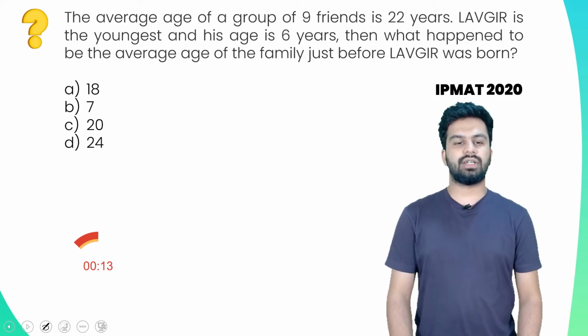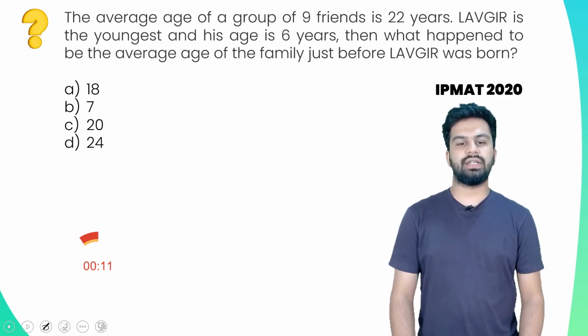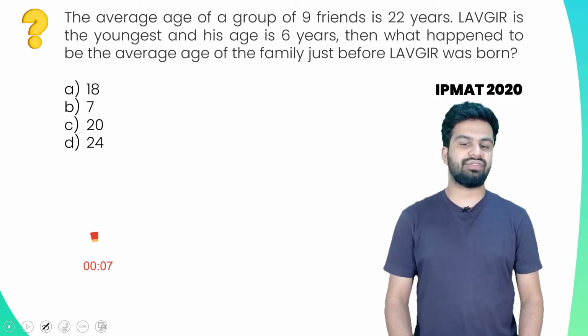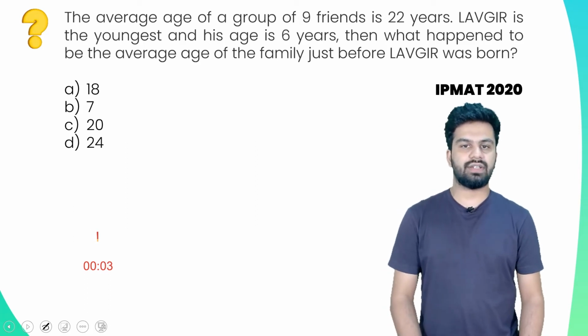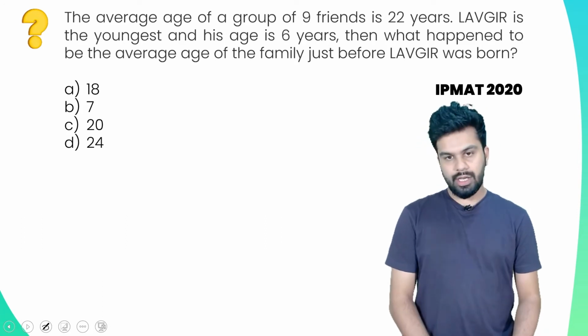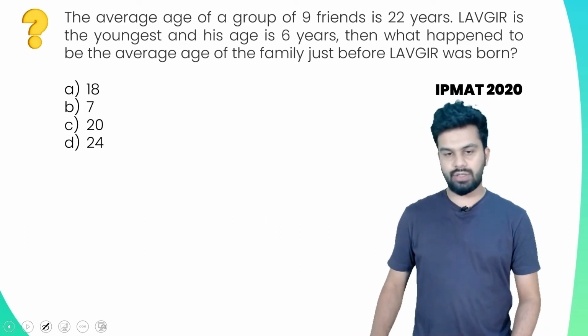I think ക്വസ്റ്റ്യനിൽ ഒരു ചെറിയ മിസ്റ്റേക്ക് ഉണ്ട്. ലൈക്ക് ആവറേജ് ഏജ് ഓഫ് എ ഗ്രൂപ്പ് ഓഫ് 9 ഫ്രണ്ട്സ് പറഞ്ഞിട്ട് പിന്നെ അവർ ആവറേജ് ഏജ് ഓഫ് ദ ഫാമിലിയാണ് ക്വസ്റ്റ്യനിൽ ചോദിച്ചിരിക്കുന്നത്. ബട്ട് യു ക്യാൻ കൺസിഡർ ബോത്ത് ആസ് ഫ്രണ്ട്സ് ഓർ ബോത്ത് ആസ് ഫാമിലി. സോ യുവർ ടൈം എൻഡ്സ് നൗ ആൻഡ് ലെറ്റ്സ് ട്രൈ ടു സോൾവ് ദിസ് പ്രോബ്ലം.